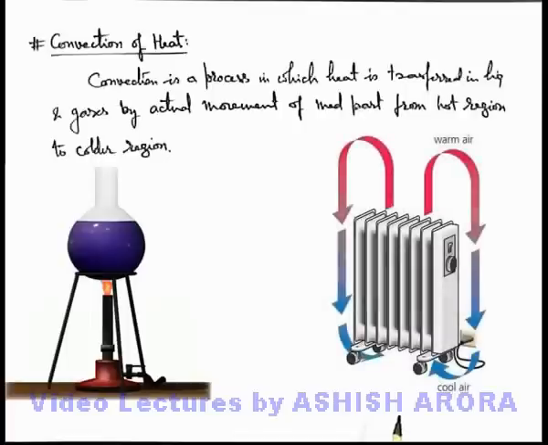Here you can have a look at this picture, which is another example to understand convection. This is the picture of a room heater based on convection of oil. Here you can see there are several fins in this heater in which oil is heated up, and the air below the fins heats up, and due to high temperature the pressure increases and it rises up. Due to the rising of this air in the lower region, pressure decreases and the sideways cold air gets into this region and again gets heated up and rises. So such circulation flow of air particles starts, and such circulation flow is called convection current.